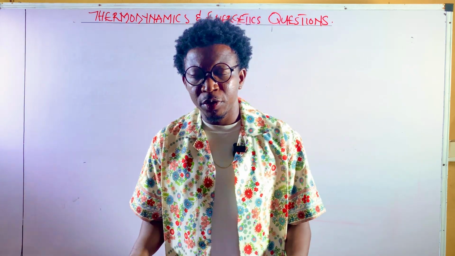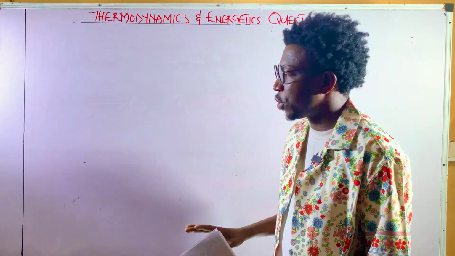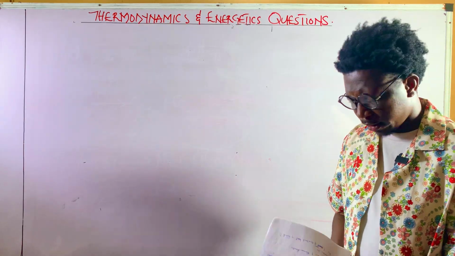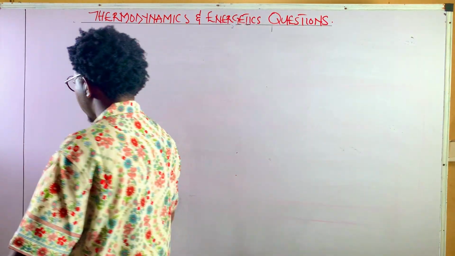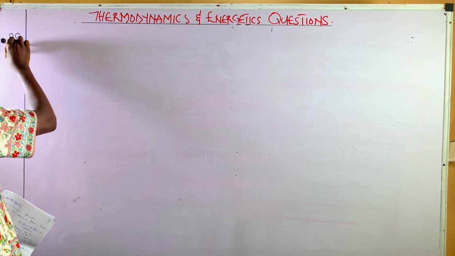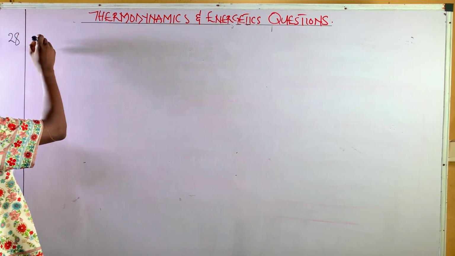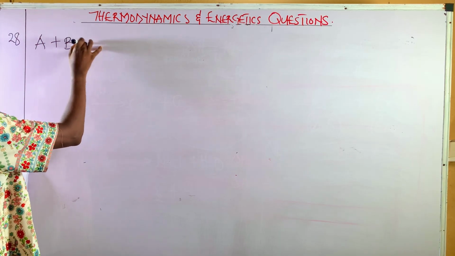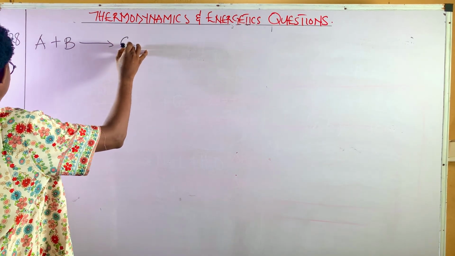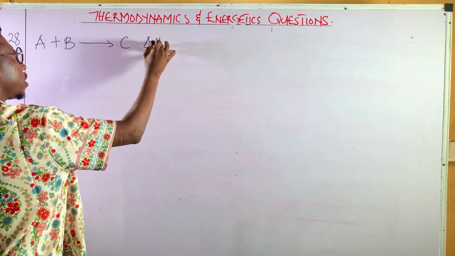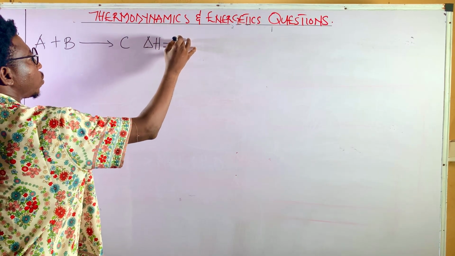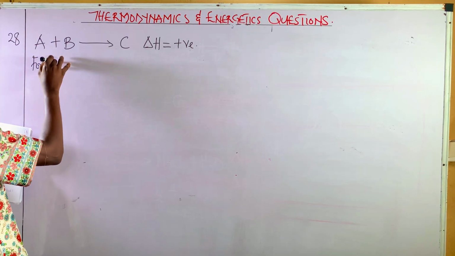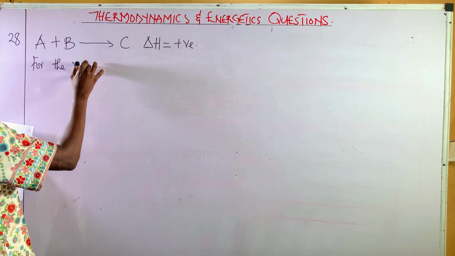So guys, we'll move to the next question now, which is question number 28. We're given an equation, A plus B gives C, delta H is equal to positive. Then this is the actual question: for the reaction above,